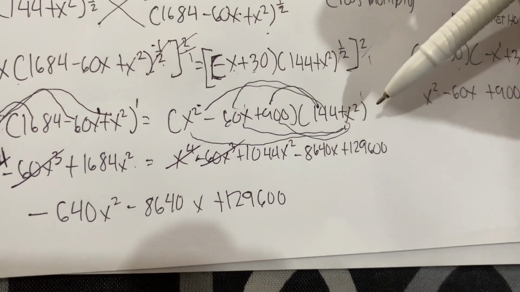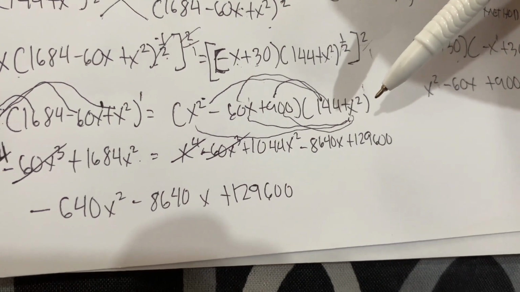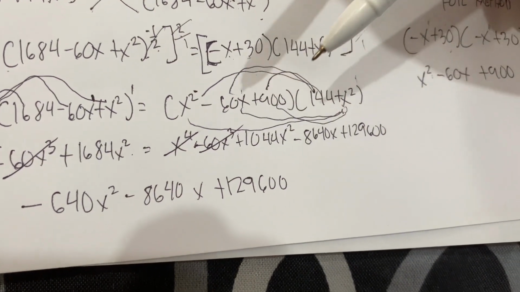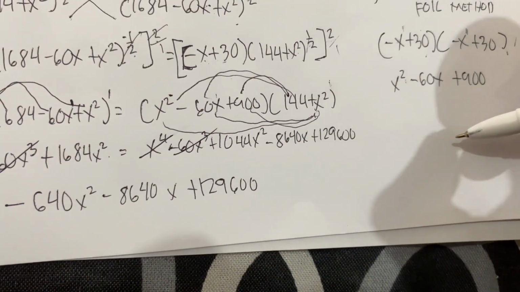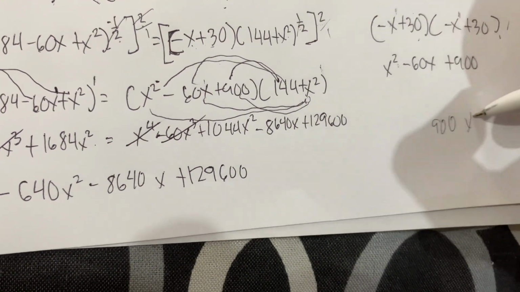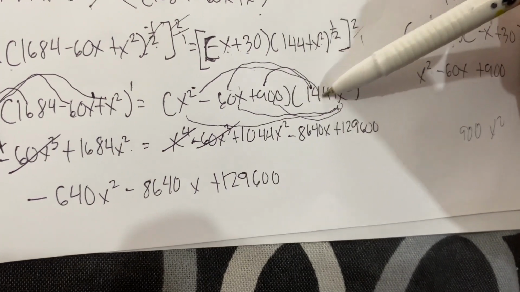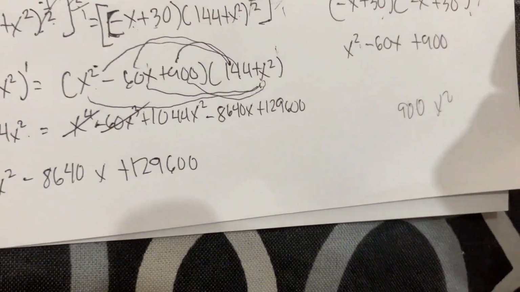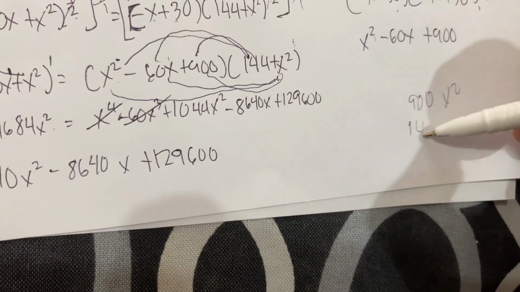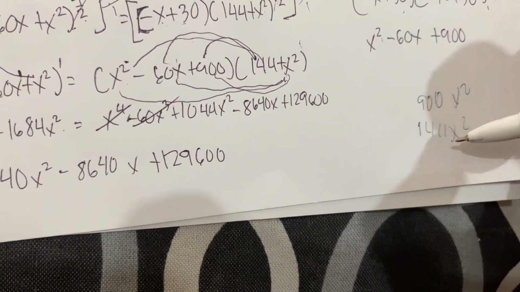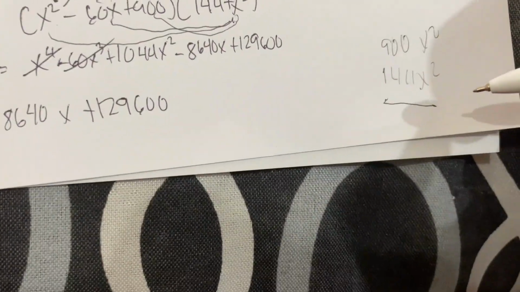And then x squared times 900, we can write that as 900x squared, and then for the next one we have 144 times x squared, which is just going to be 144x squared, and we can add that,